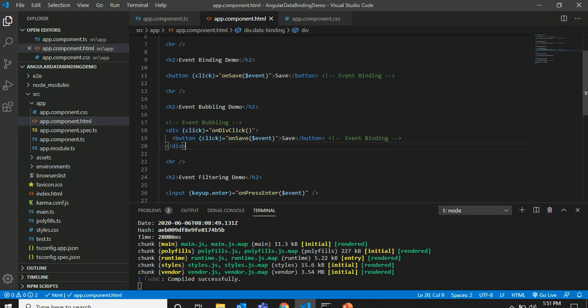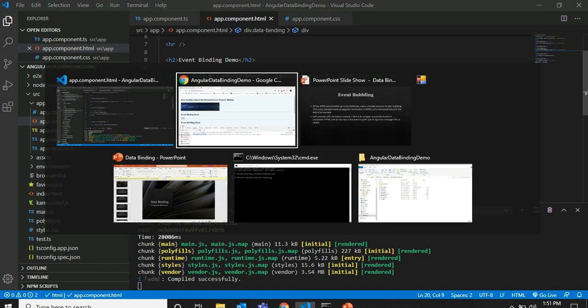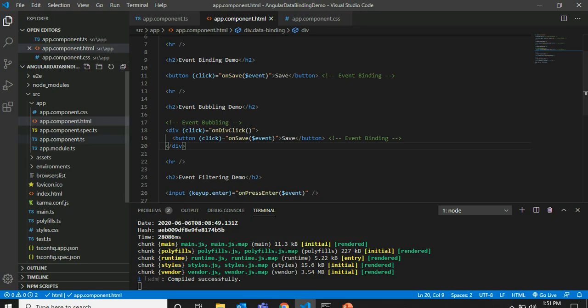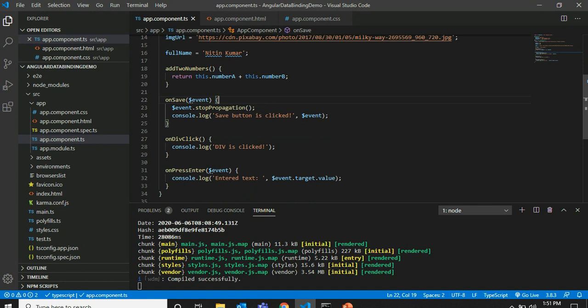When we click on this save button, this div is also clicked. This is called event bubbling, and we can prevent it by using event propagation. We can stop it by using event.stopPropagation. Then the event bubbling is not working.